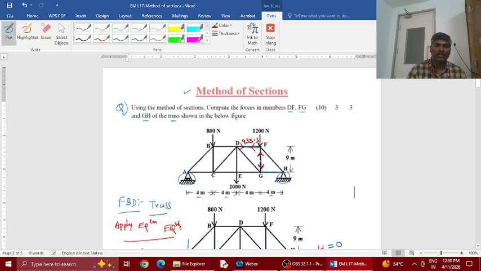The value is 900 Newton. And GH is also in tension, so I shall represent it with two arrows away from each other. Value 933.3 Newton. So this is how you represent the forces in the truss. Hope we are able to solve and understand completely this method of